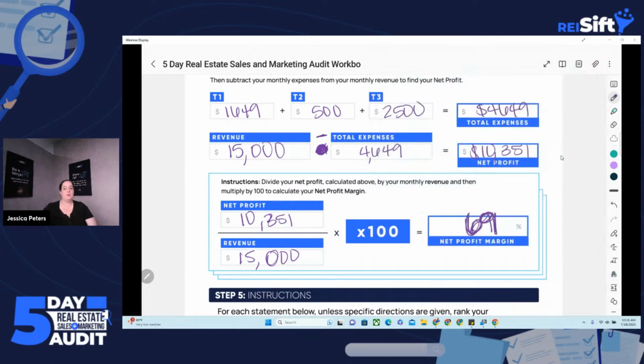Now, this serves two purposes. One was to calculate your profit margin in a kind of easy way. And the second is if the profit margin's not quite where you want it to be yet, then you can also look at where you could trim some fat. You don't want to be cheap. You want to be efficient. That's what we always say. So, it's worth paying for the services you need, but you want to be efficient.